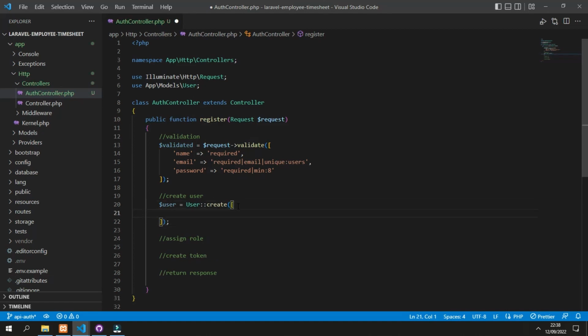Inside this user creation, we fill in the information that is needed, so it will be name, and we get it from this validated object with the value of name. And same for the others. Email, we get it from the validated, and the key will be email.